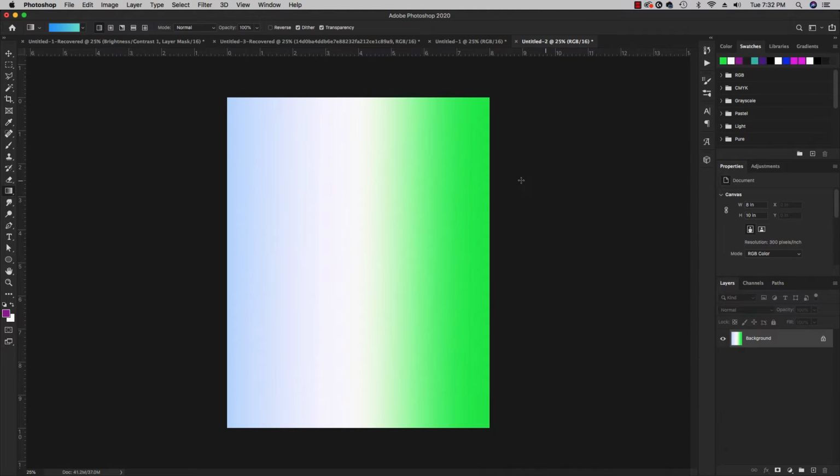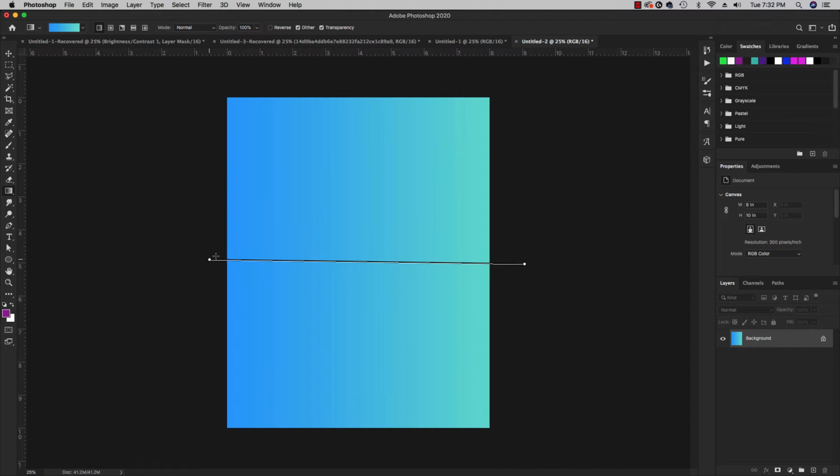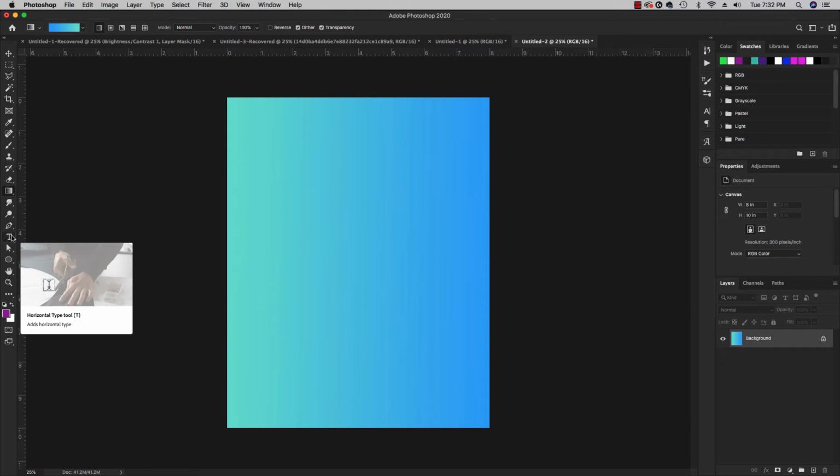I'm just gonna use, again, the default one, and we can go left to right. We can go right to left, however we want, whatever looks best. This is not the most important part of the tutorial. I'm just giving you a quick rundown of gradients. So what I want to do now is actually get to the heart of this tutorial, and that is working with text and changing it by using bevels, glows, and drop shadows to activate a piece of text that looks